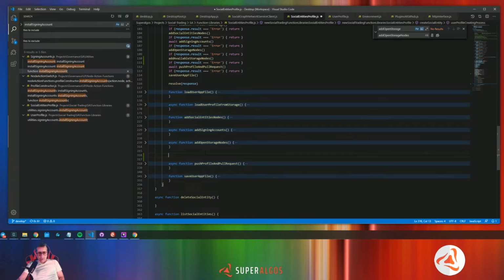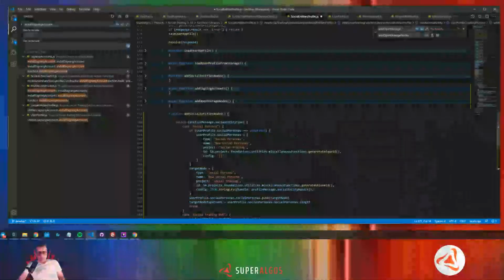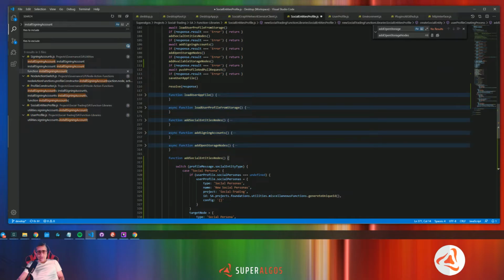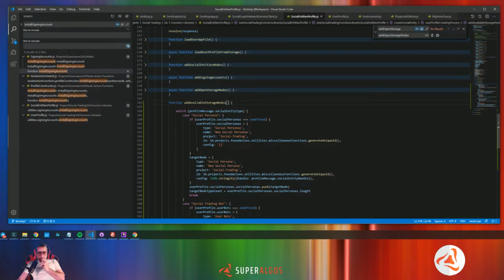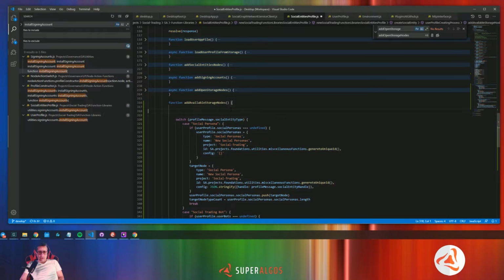I'm going to copy this because I can reuse some part of the code and change the function name. Add available storage nodes. What that would do is to work with the target node, and in this case